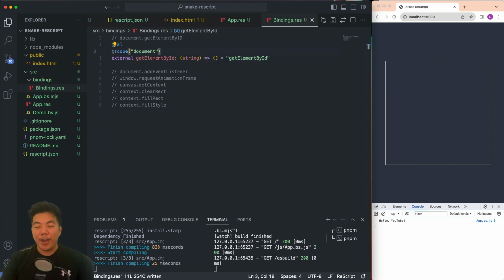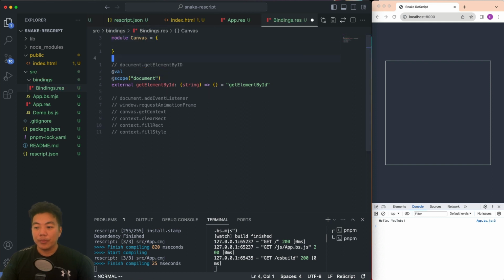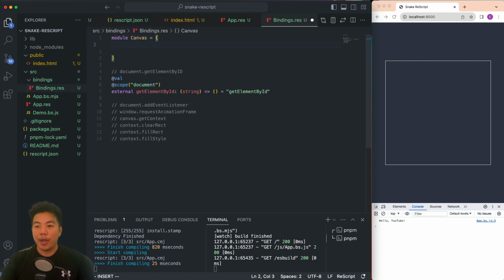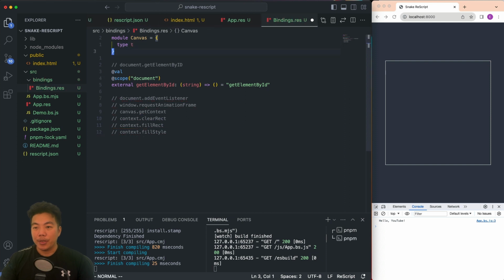Let's create a canvas module. So canvas will have a type t, and this will return the Canvas.t. Actually, this can return null as well,